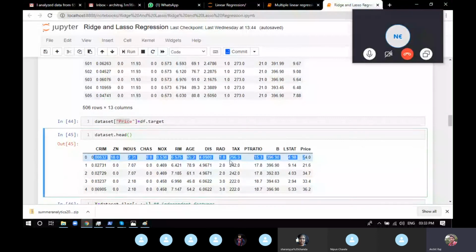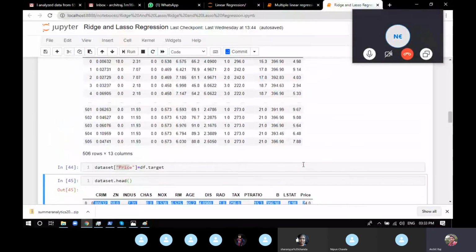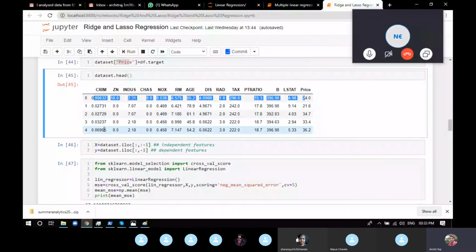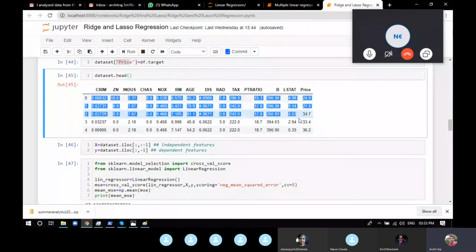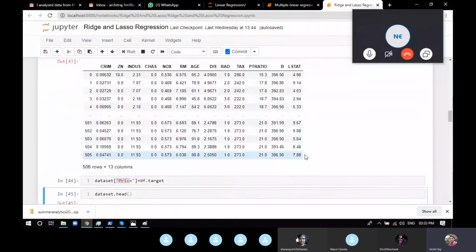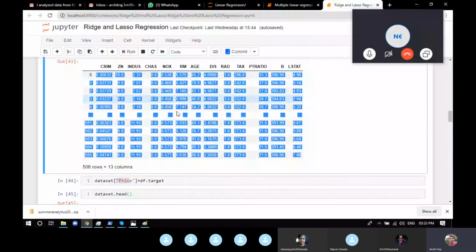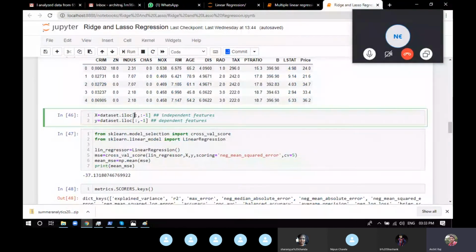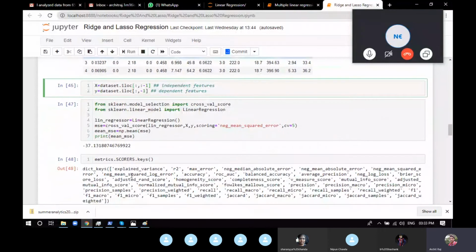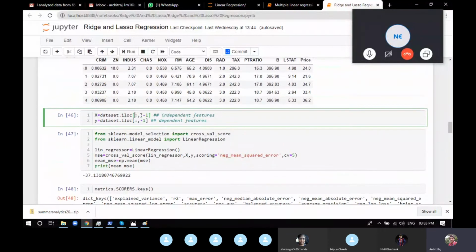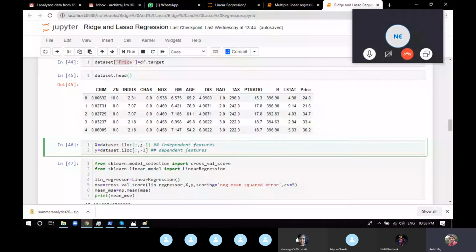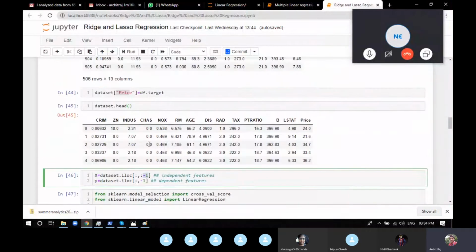Now we use the iloc function to split the data into dependent and independent variables. What we want for the independent variable is all this data till here, not this particular last price column. We just need all this data. So for providing the number of rows, we left it blank because we need all the rows. For the columns, we need all the columns except the last one. For the starting one we haven't specified anything, which means from the start. For the ending, we've specified -1.